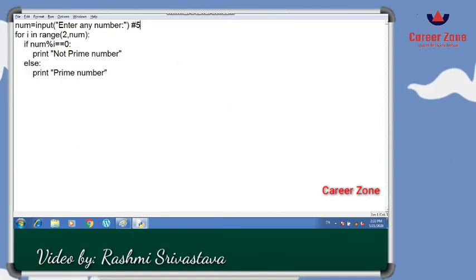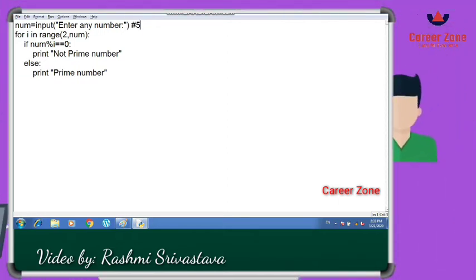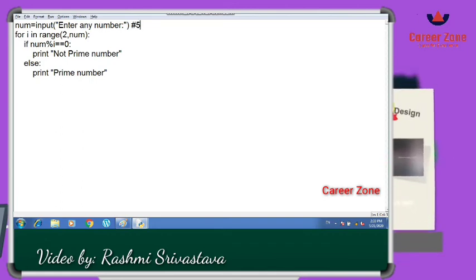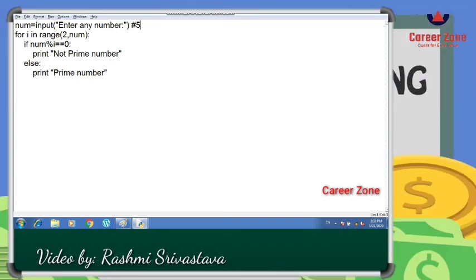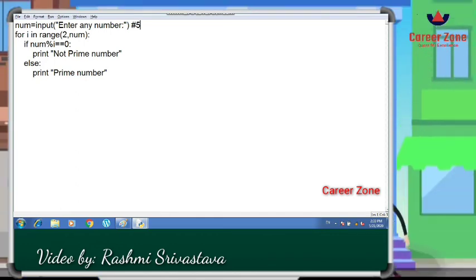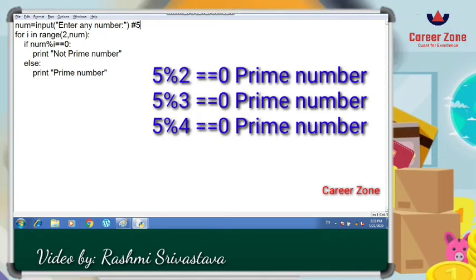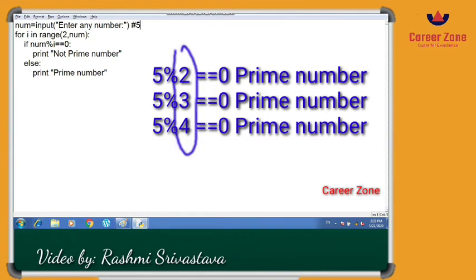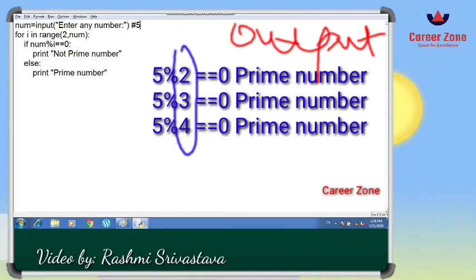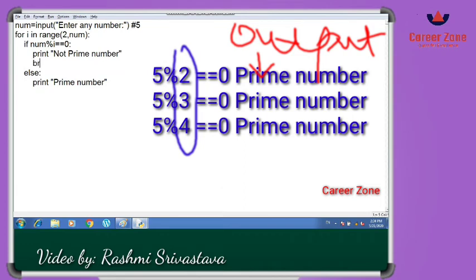As the else part is written within the for statement, so obviously the for loop, till the time it will not be false, will keep on updating the counter variable. So again, even after printing prime number as an answer for number 5, it will again update the value of I, which will be 3. Now it will again divide 5 by 3, and it will again go to the else part. It will display prime number. So this will keep on executing till the loop gets false. So that is why it is showing us the output thrice.